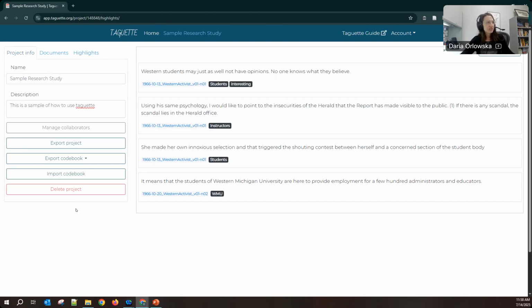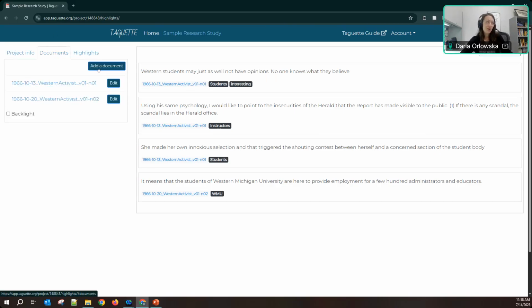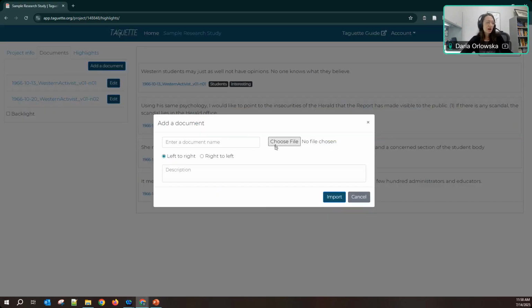So some common questions that I'm often asked are, what documents can you import into this software? This software actually allows you to import a variety of documents. If you look at the documentation, it allows you to import plain text documents, PDF, and Word documents. It does not allow you to import spreadsheets, or it will allow you, I think, to add PowerPoint slides, but it might not end up looking the way you expect.